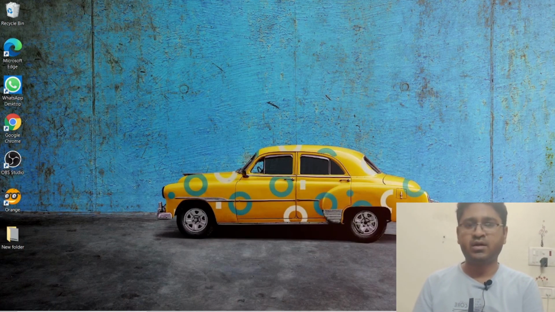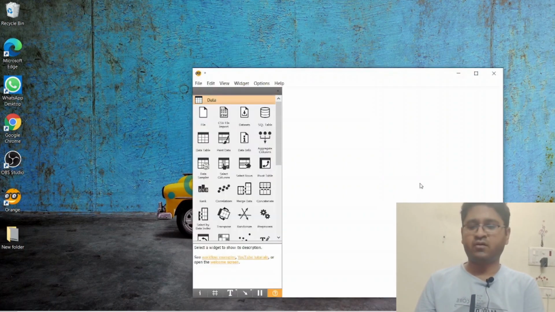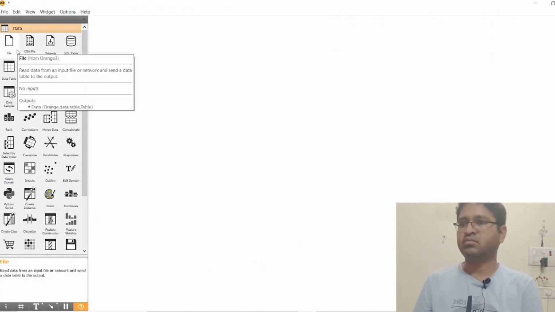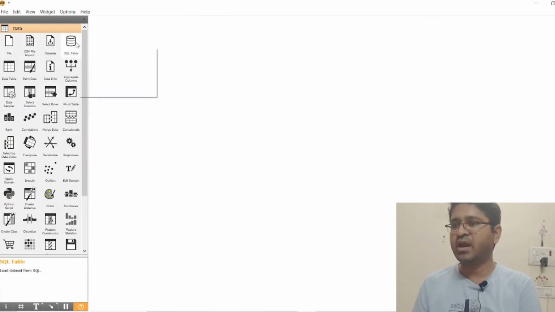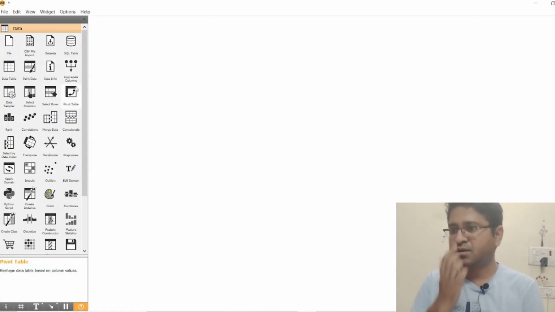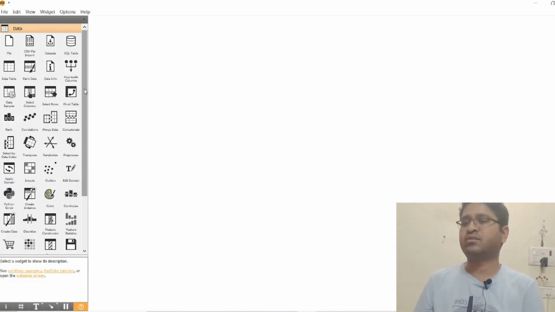So in order to enhance the application of biomedical images, we are having this tool called Orange tool, and this Orange tool will have so many widgets. Okay, so on this left hand side we are moving these widgets like file, CSV file, dataset, SQL table, and this paint data, data info, and so many widgets are there in order to implement machine learning algorithm, data science algorithm without